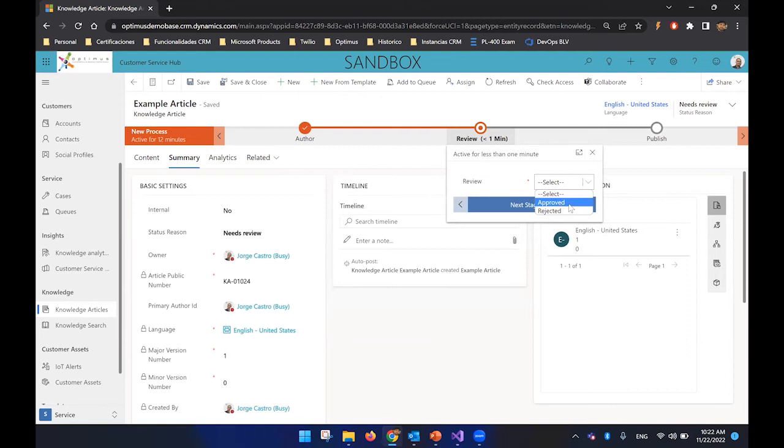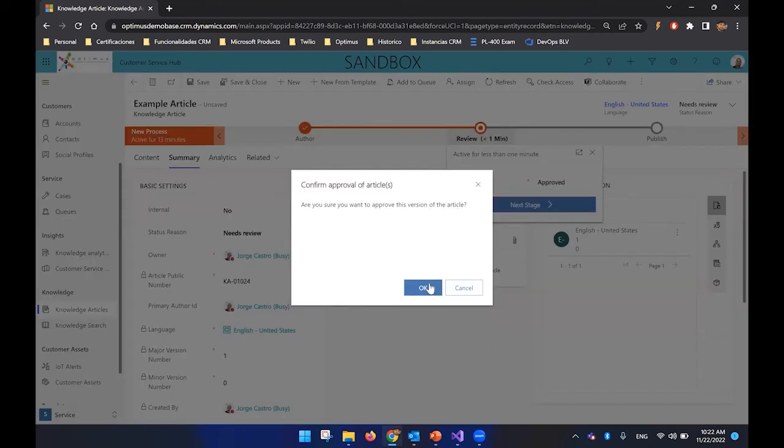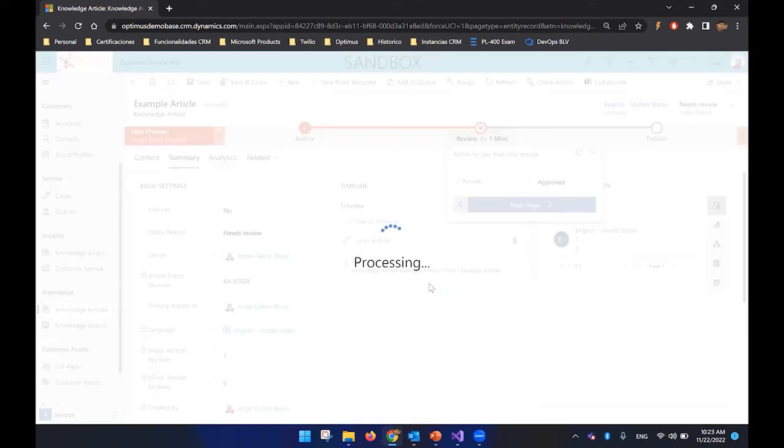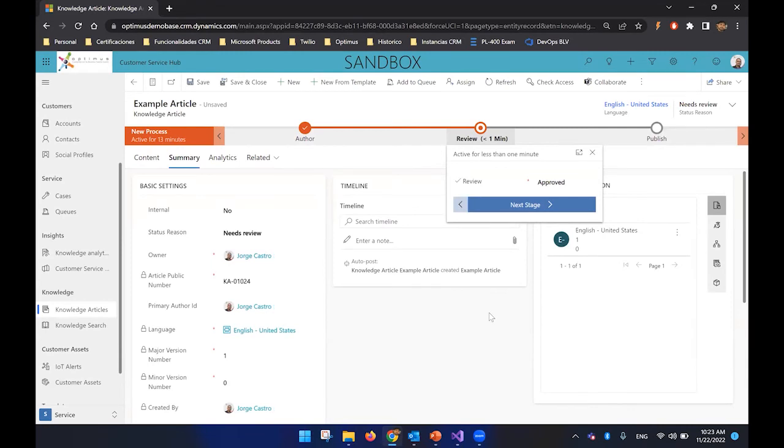Okay. If the person approves or rejects the article: if you reject the article, the person that created the article is going to receive a notification just to inform that the article was rejected. And if you approve the article, it's going to be approved. And that's it. Let's say that we are going to be approving the article. And as soon as we do that,